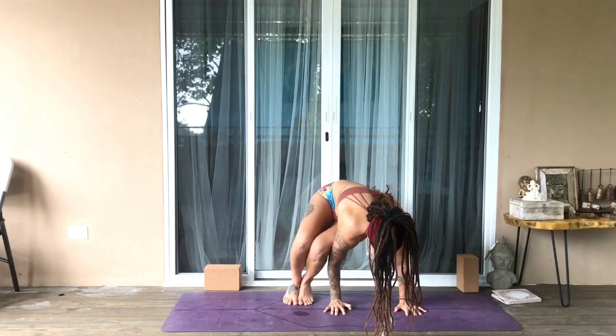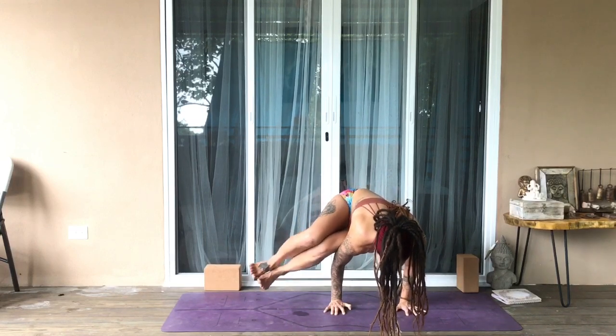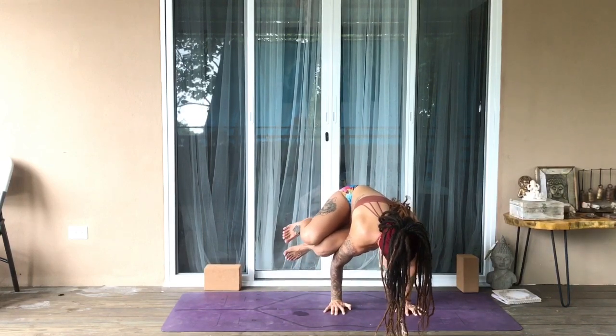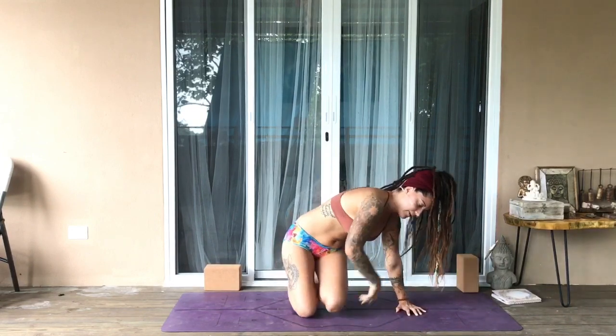Claw your fingertips into the mat. Claw the inner edges of the hand into the mat to protect the wrists. Peel both feet off at the same time. Hug up your mermaid tail. And release. Beautiful. So after you've tried this a few times, make sure that you're giving yourself some wrist love,